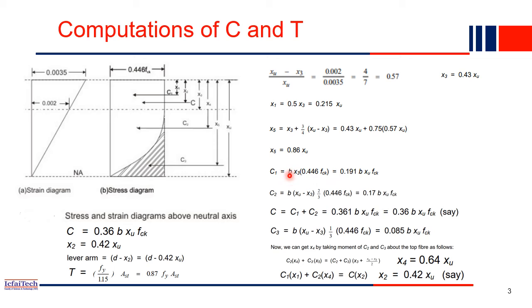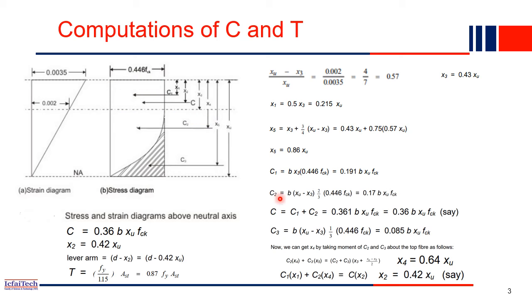Now multiplied by b. b is the width of the beam. This is a cross section we are drawing, right? But the total width of the beam is b. That's why b will be there, because this is two dimensional, but our real beam is three dimensional. So we have the breadth, we have to multiply by b. Now it becomes three dimensional, C1. If you plug in the value of x3 and simplify it, you will get C1 equal to this one. C1 is the compressive force for this rectangular block.